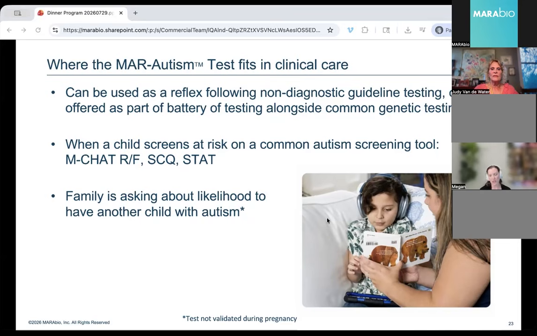Right now, we don't offer that, mainly because we wouldn't be able to inform the provider or the patient around what that risk for autism would be. When you move into lower risk or lower prevalence populations, the risk information that comes from that test does tend to decrease. So it wouldn't be that 97.5% likelihood. We need to do further validation and understanding of performance in lower prevalence populations to understand what that actual likelihood that we would quote would be in that population.